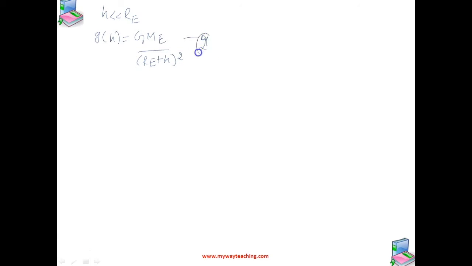This is equation number 2. So for h less than re, g of h is equal to g me by re square